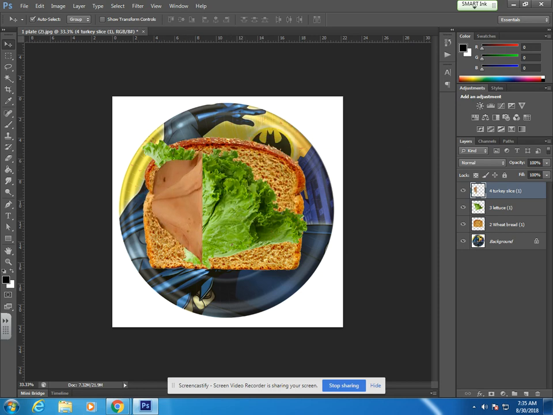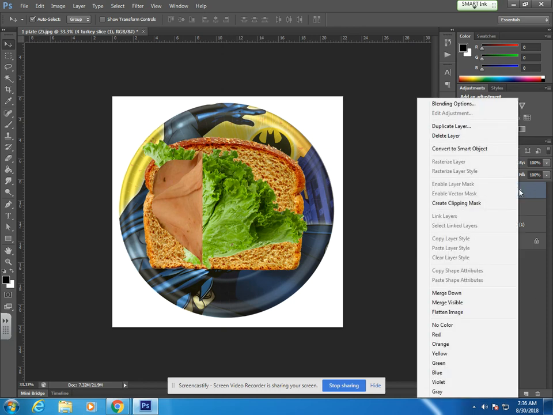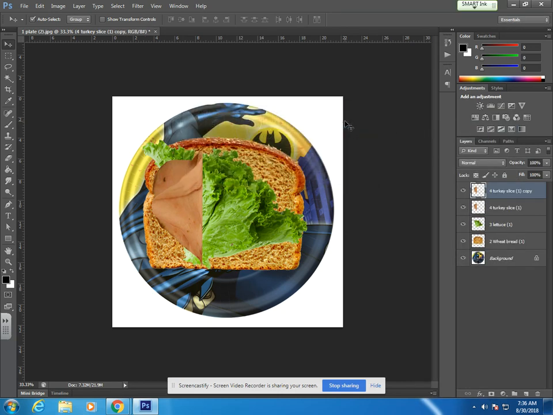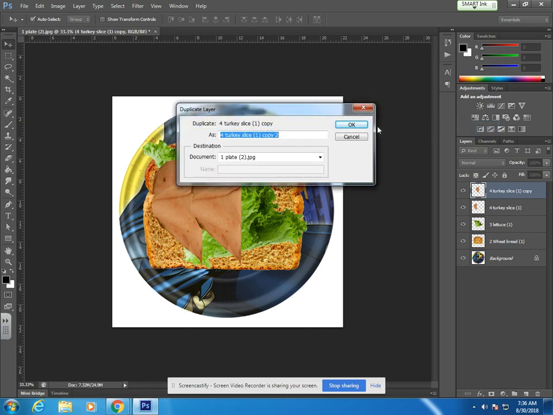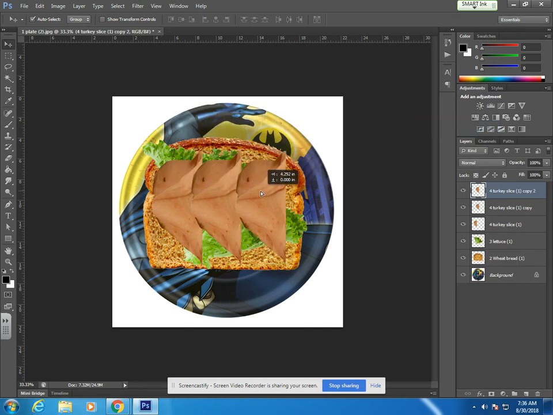So move on. I'm going to go ahead and make copies of this. So on our layers panel, if I right click, I want to hit duplicate layer, and it's going to make a copy of that layer. With my move tool selected, I'm going to go ahead and move that over. Let's say I want 3 slices of turkey, like so. All right, so next,